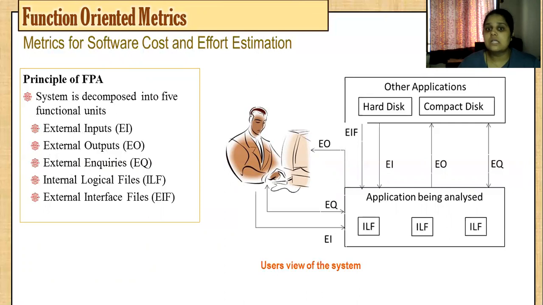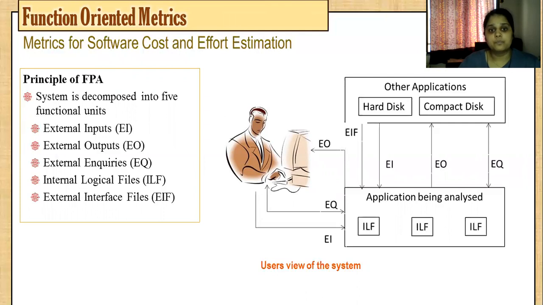And these inputs are generally used to update the files that are there in your computer. Okay, so you can take an example of input like a form that you are filling in. That is input. All the commands that you are giving, like your submit button, like opening another window, like saving. So these are the inputs.